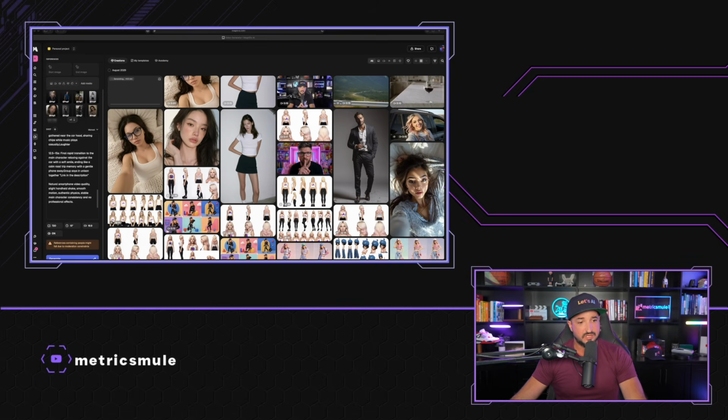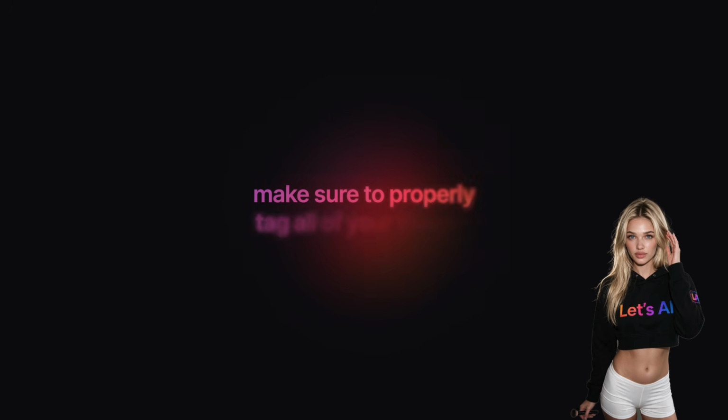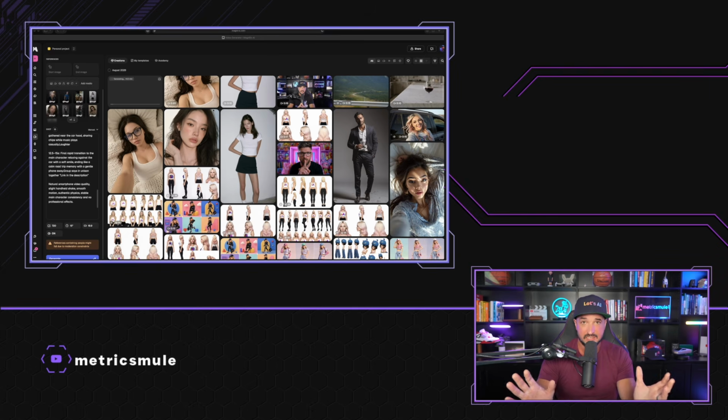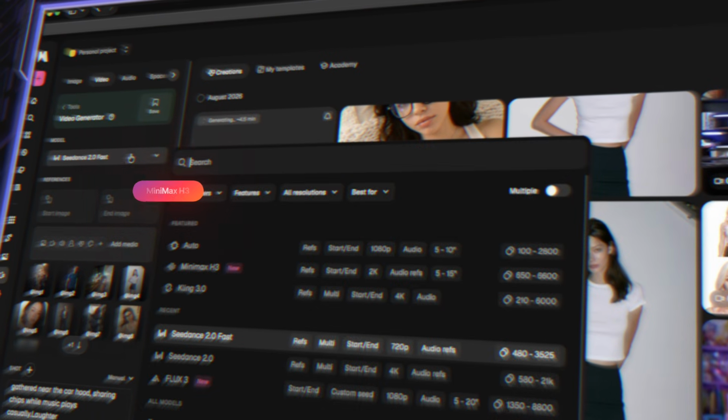And today we're going to be using this tool in Magnific. And again, you can see I've been busy because so many new models have been coming out, so I've been generating so many videos. But check this out, the prompt is relatively simple. The most important part, however, is making sure that you're properly tagging the reference images. In this case, it's going to be the 9 different characters. So over here on the left-hand side, we're going to switch it up and make sure that we go and